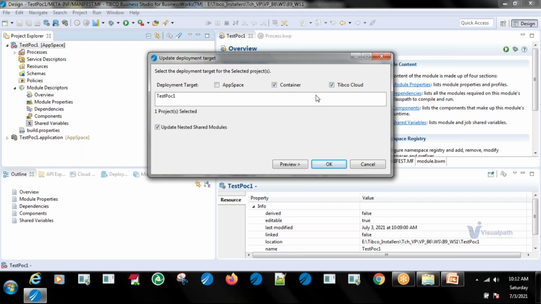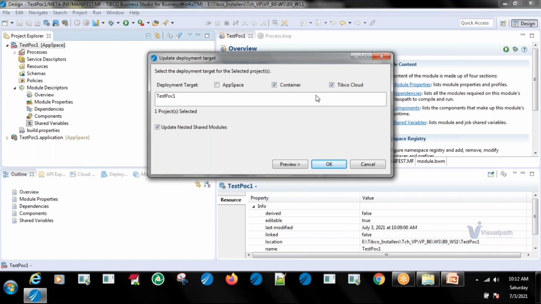And in case you need to deploy on AppSpace, you have to stick with Bw6, because those supportive utilities are there only in the Bw6 installer, in the Bw6 installed environment, not in Bwc. Okay. So they have kept the deployment portion. Okay. Now,